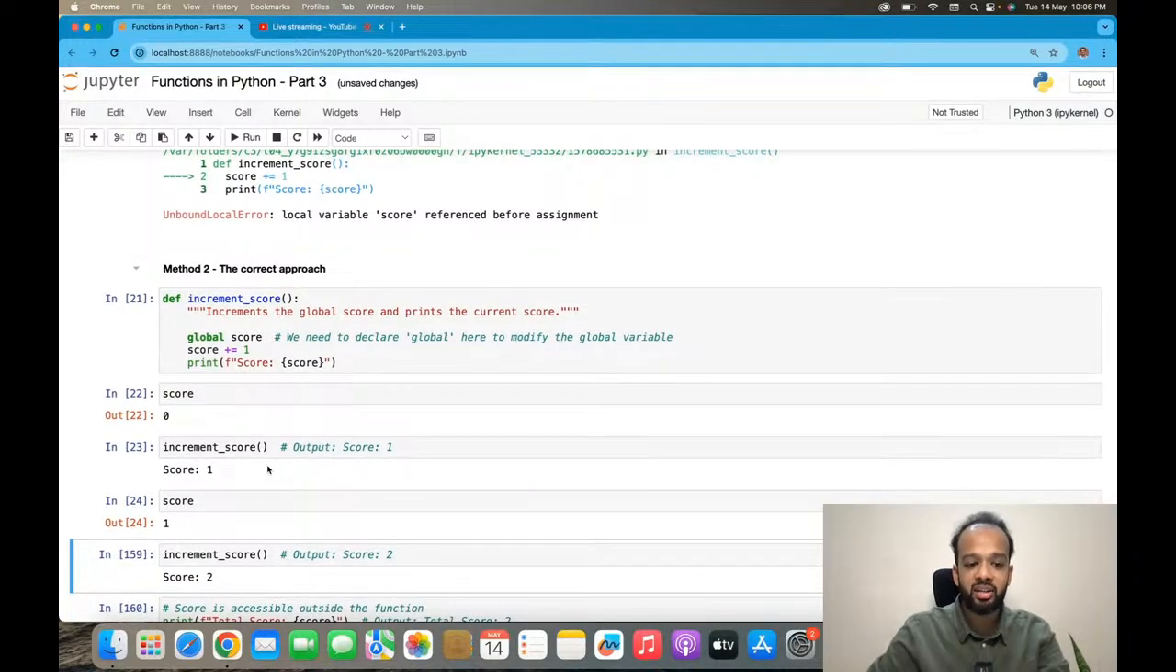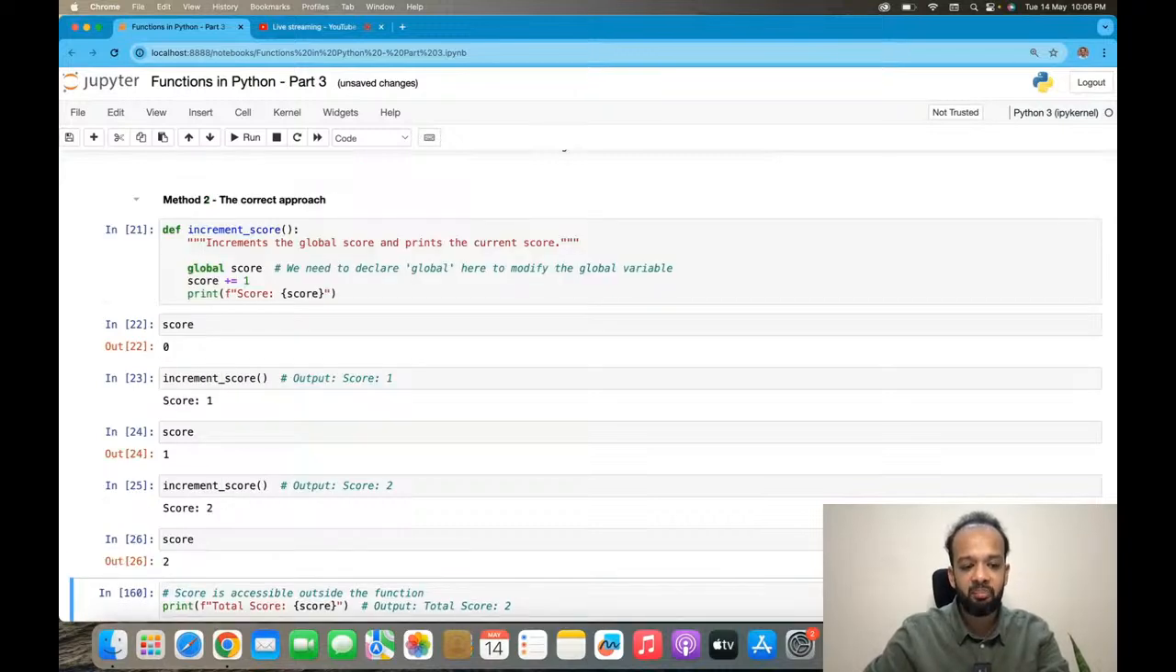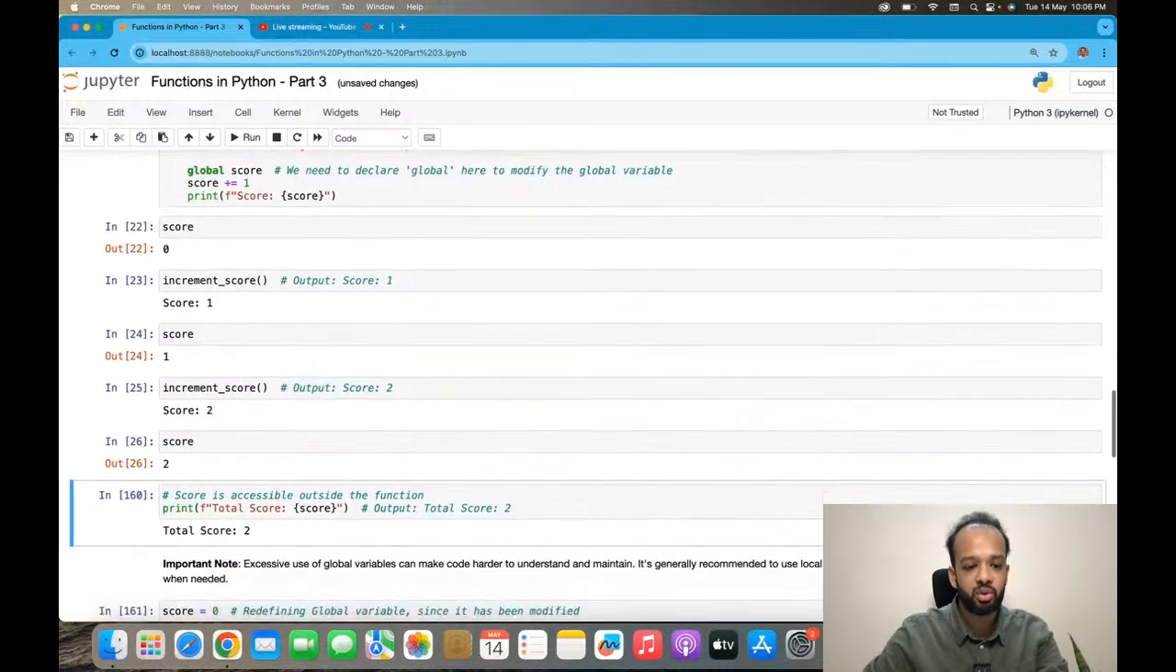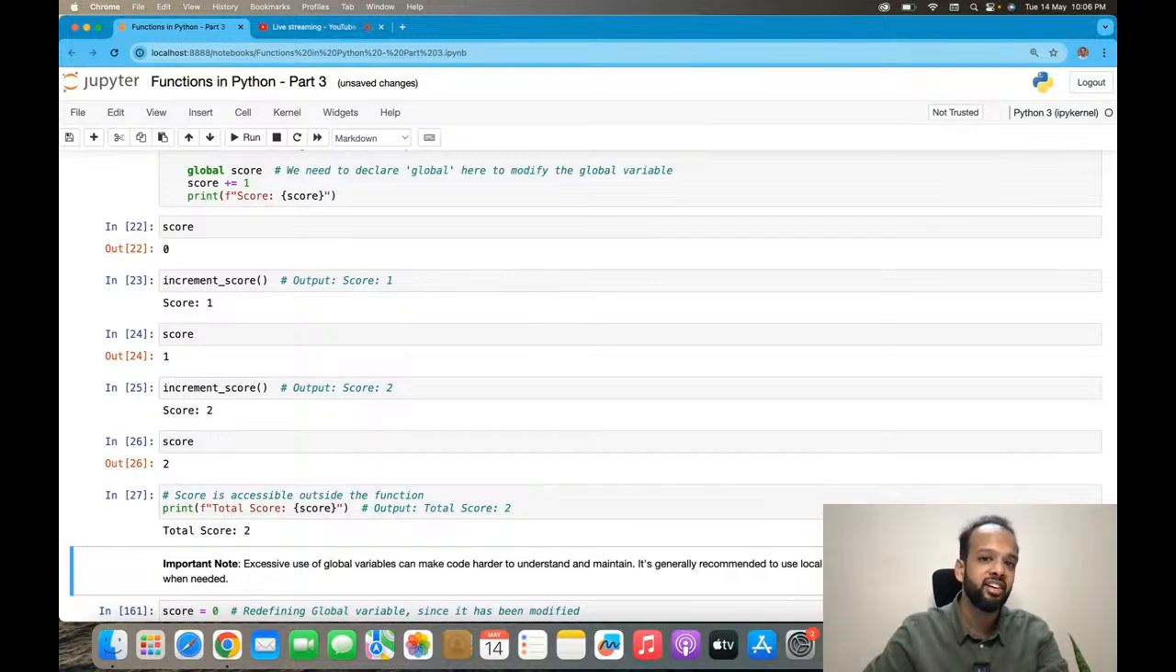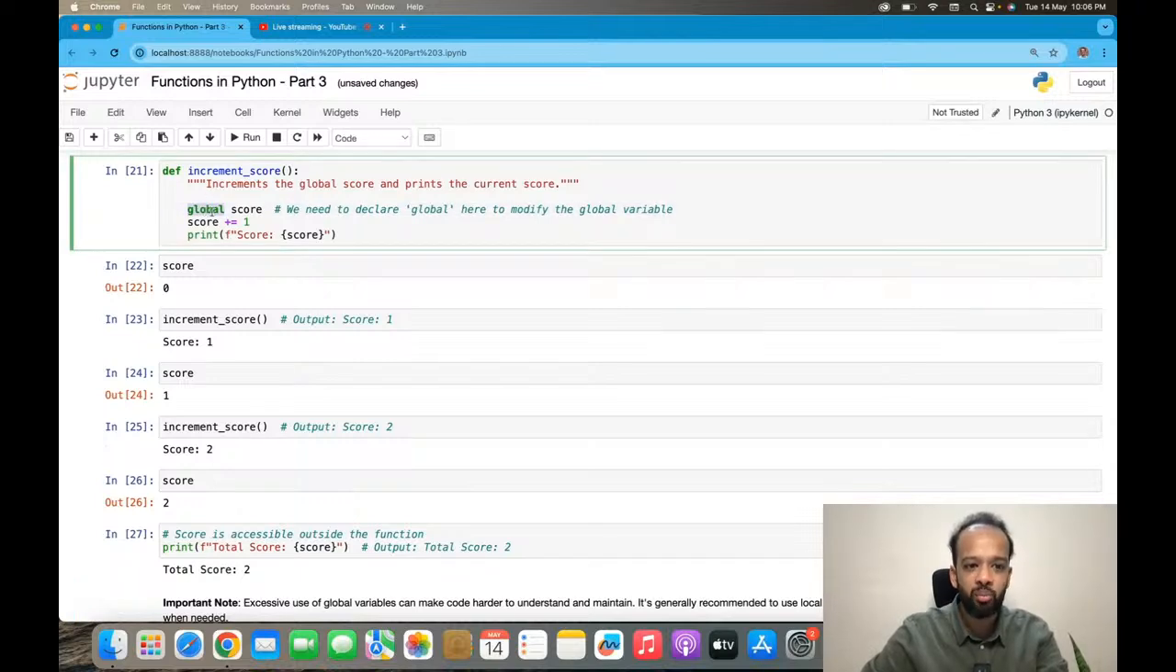If I again run increment score, score will become 2. And I will see that the score variable also has become 2. And this is accessible outside the function itself, right? So this is a global variable because this is accessible outside the function and you're able to modify it within the function, right? By using this kind of a syntax where you're defining global score and that's it. And it understands that it needs to reference the global score variable,